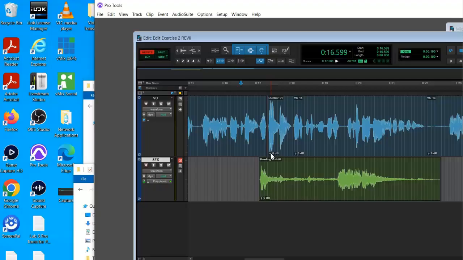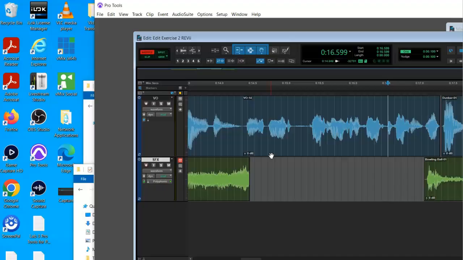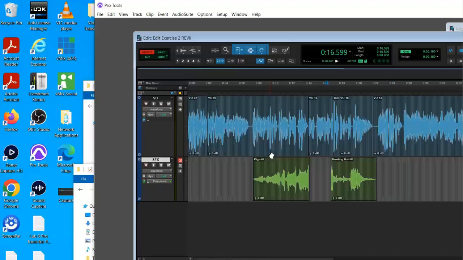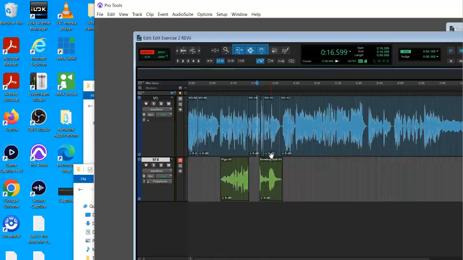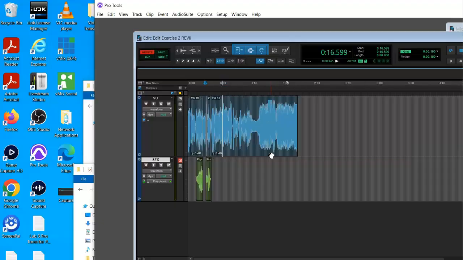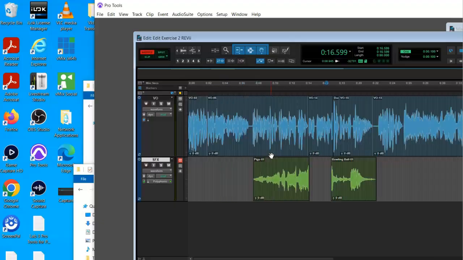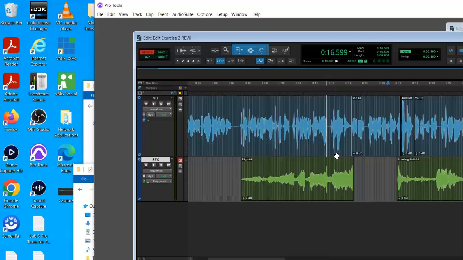Now, if you're zoomed in too much, you might miss it. You have to zoom out enough. There we go. You see how you can't see it because I'm not zoomed out enough. So I'll do letter T again.